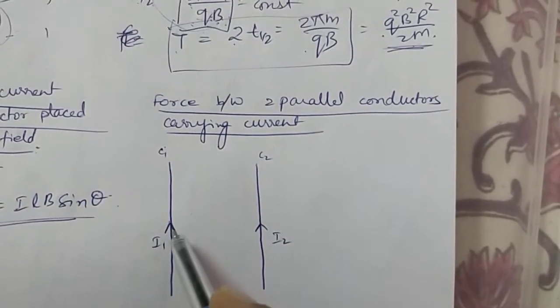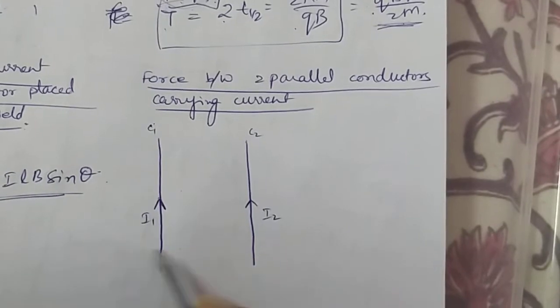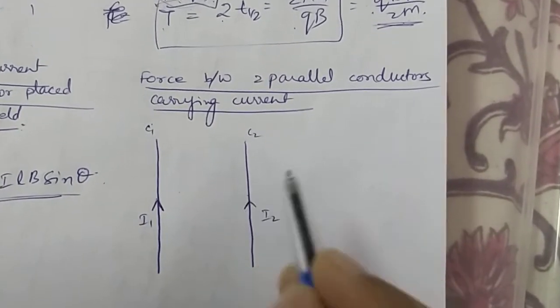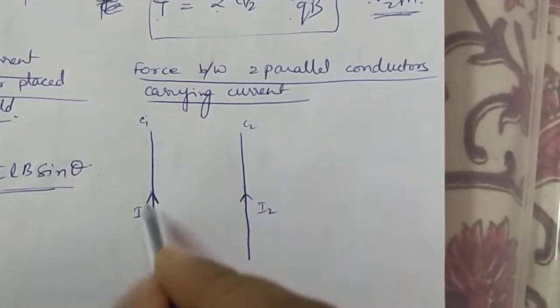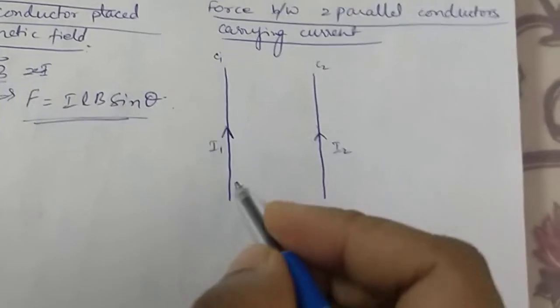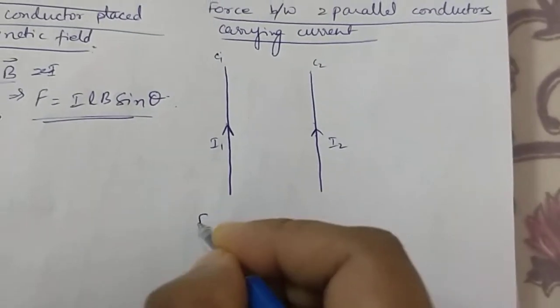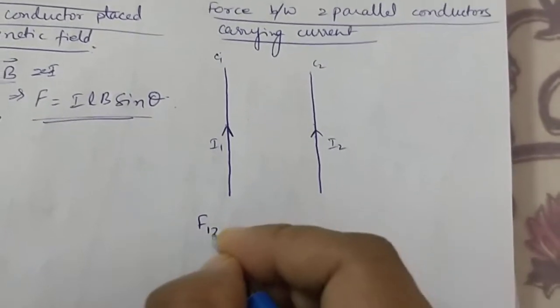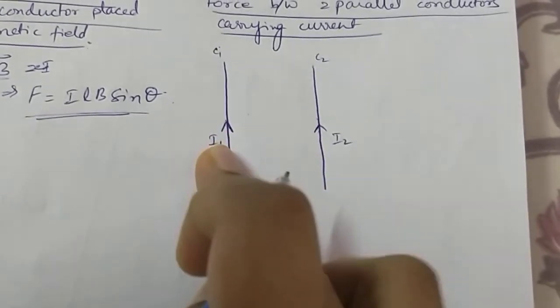Okay, so because of this current, there will be a magnetic field around it, so the other wire will experience force, and because of the other current, there will be a magnetic field around it, and this one will experience force. So they both are experiencing force due to each other. So we will find what is the force on one. To find the force on 1 due to current in 2, F12. Okay, so force on 1 due to current in 2.